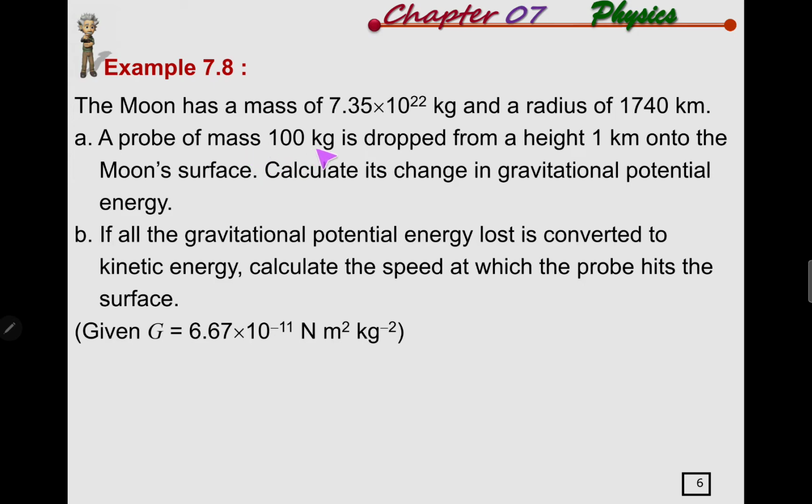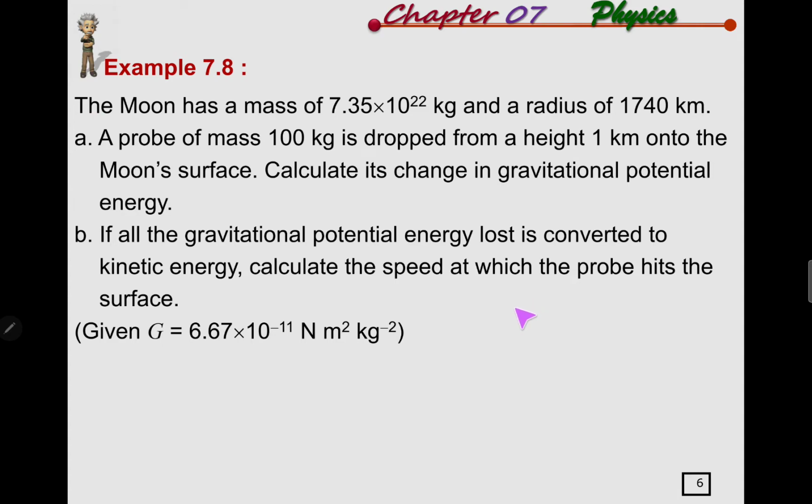And then we have a probe of mass 100 kg, dropped from a height of 1 kilometer onto the moon surface. They wanted to calculate its change in gravitational potential energy. B, if the gravitational potential energy lost is converted into kinetic energy, they wanted to calculate the speed at which the